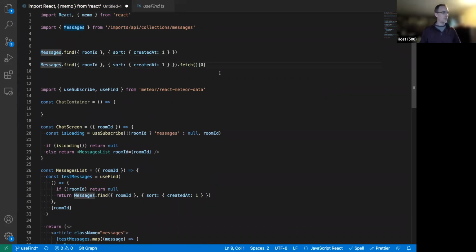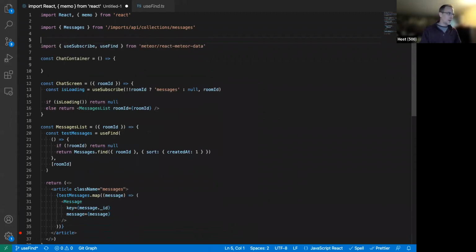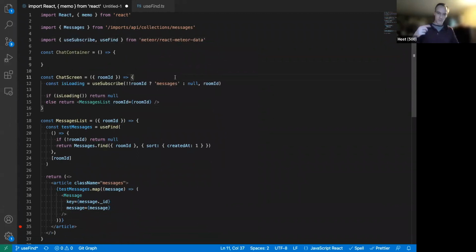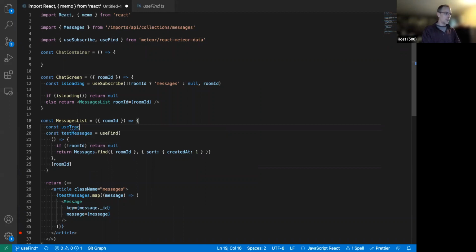So find one is really just that. It's really just pulling the first element off of a fetch from a full query. So we played around with a lot of different find one method hooks and couldn't come up with anything that was simpler than just using find one and use tracker, right? So if you really want to use find one, you can do use tracker